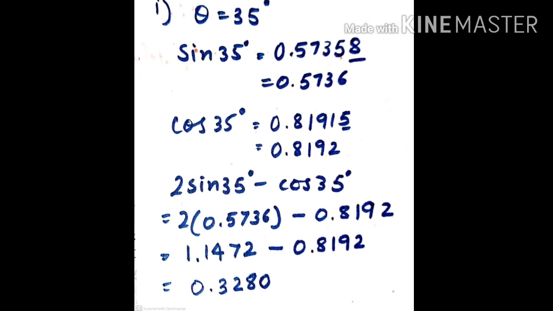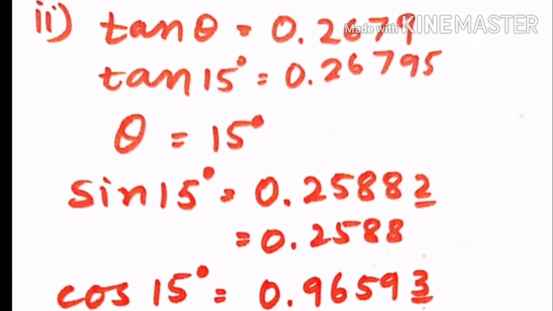Now just see the second part, that is when tan theta is given. So students, in the second part, the tan theta value is given as 0.2679. Now this value you have to look up in your natural tangent table and find the nearby value, that I found by observing my tangent table as tan 15 degree is equal to 0.26795. That is very near to it. And so approximately theta is equal to 15 degree, and then I will write sin 15 degree from our natural sine table. Sin 15 degree is equal to